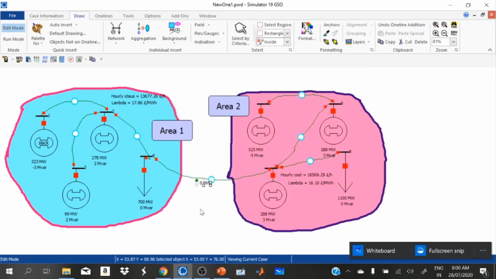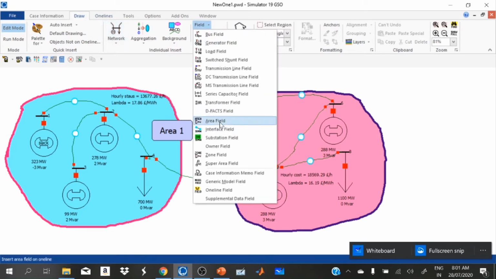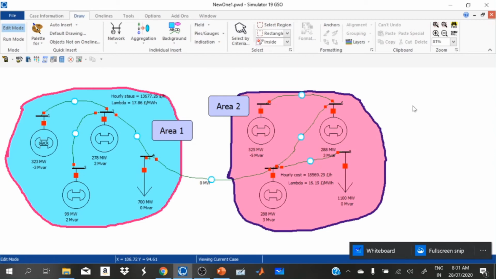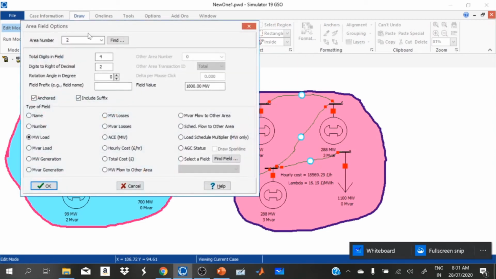I want to see the megawatt flow that happens between these two areas, and I want to select the hourly cost for the entire case.